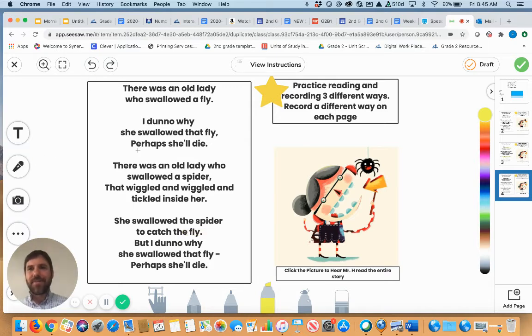And here we go. There was an old lady who swallowed a fly. I don't know why she swallowed that fly. Perhaps she'll die. There was an old lady who swallowed a spider that wiggled and tickled inside her. She swallowed that spider to catch the fly, but I don't know why she swallowed that fly. Perhaps she'll die. Okay, so that one, I tried to smile and just say it in a way that was